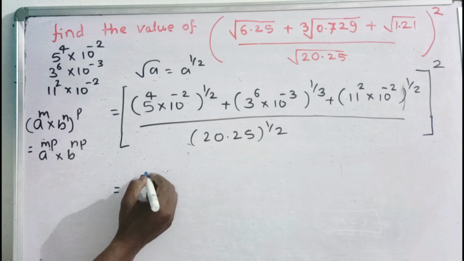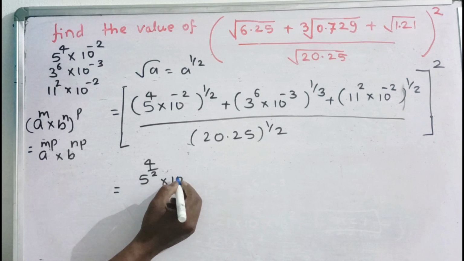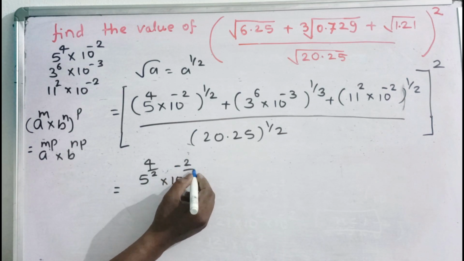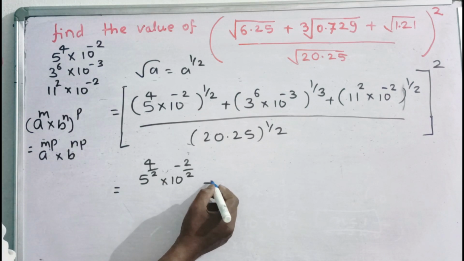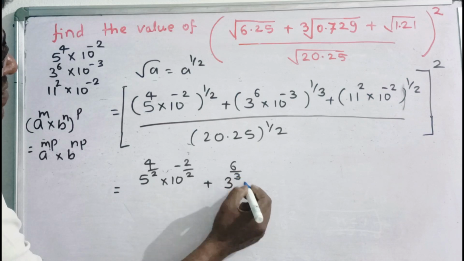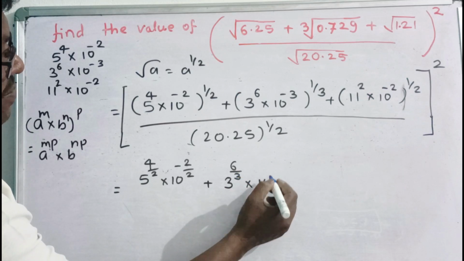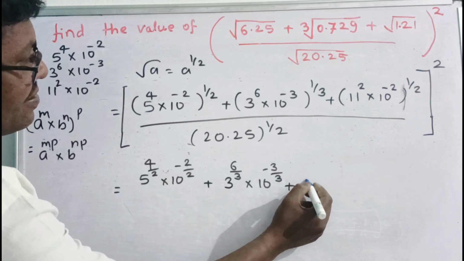So 5 raised to the power 4 by 2 into 10 raised to the power minus 2 by 2, plus 3 raised to the power 6 by 3 into 10 to the power minus 3 by 3, plus